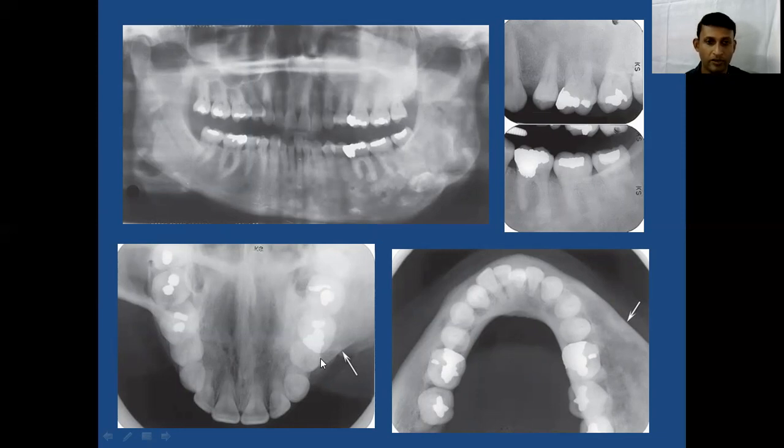If you see the occlusal radiograph, you can appreciate the bony expansion, and you can see it is a homogeneous radio-opaque structure. That is mainly because of the mature stage of fibrous dysplasia. And the IOPA also clearly indicates the ground glass appearance, and you can see the lamina dura is not evident. Okay, and hypercementosis is seen in a few tooth root structures.